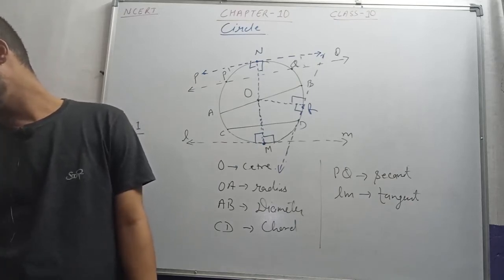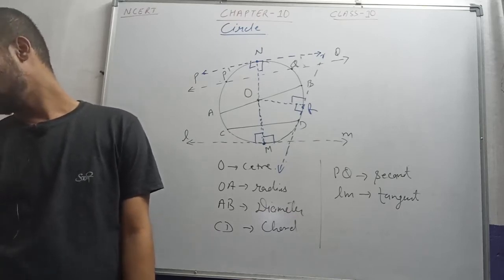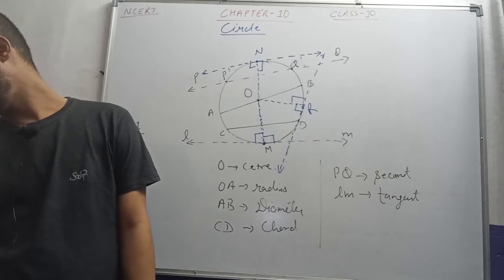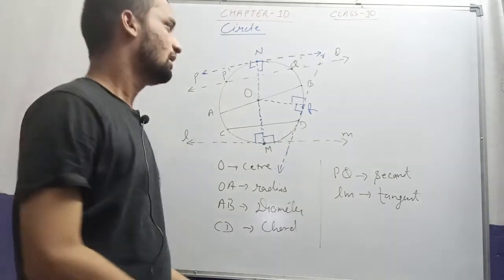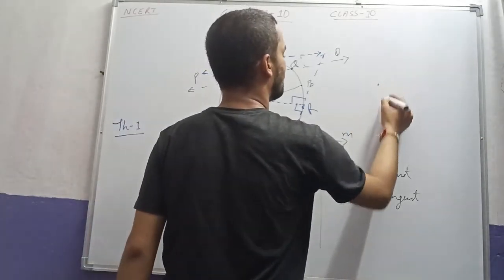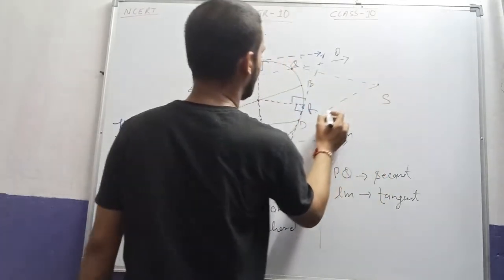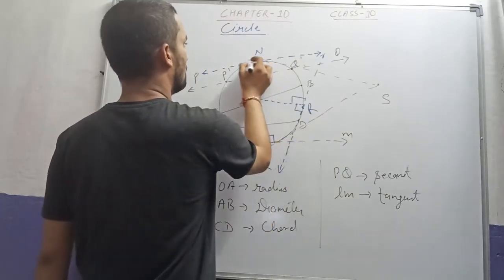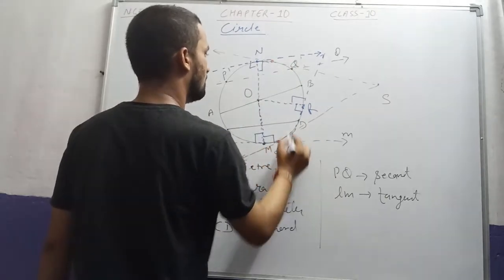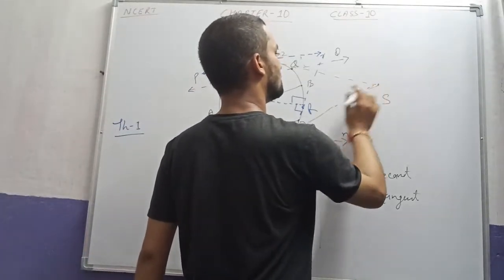Third, there are exactly two tangents to a circle through a point lying outside the circle. मतलब अगर कोई पॉइंट बाहर है, सपोज कोई पॉइंट यहाँ पे है, मान लिया कोई सा पॉइंट S है, तो इस S पॉइंट से there are only two tangents which can be drawn to a circle. सिर्फ दो ही टेंजेंट, suppose I am writing this S1 and this S2. सो एक पॉइंट से सिर्फ दो टेंजेंट ही ड्रॉ की जा सकती है.